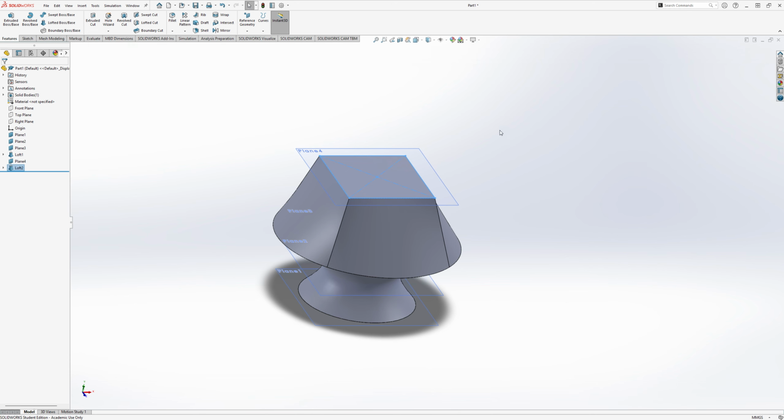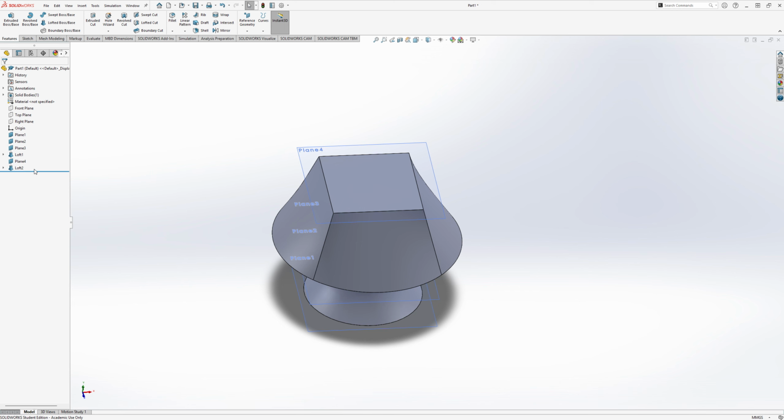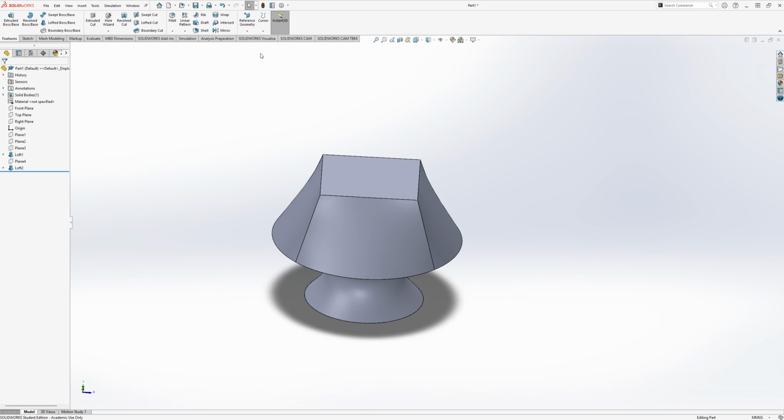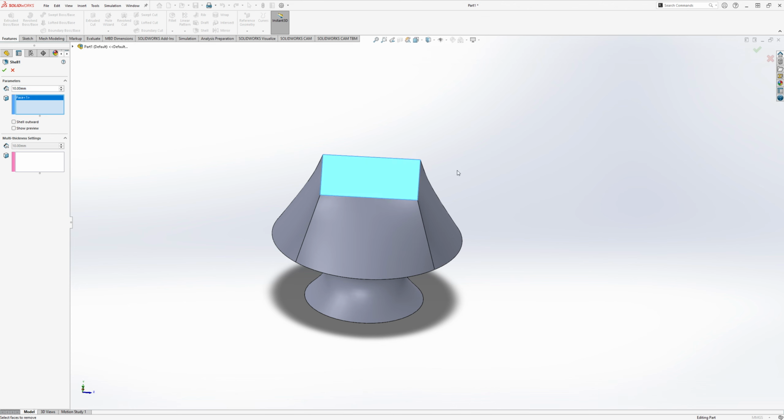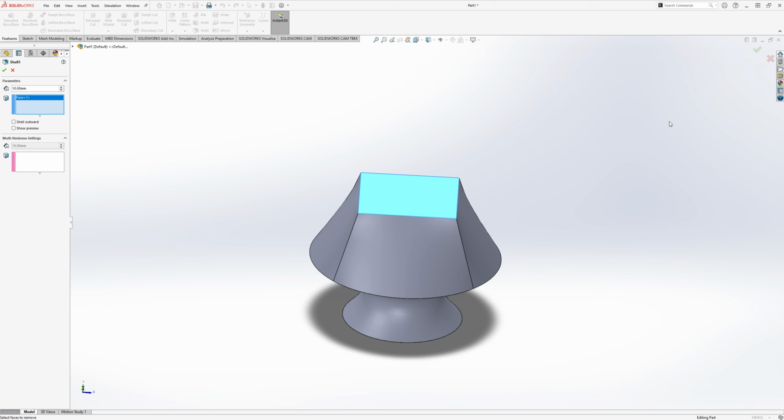So now we're going to hide these planes. We're going to go down to a menu here, select these, right click and press hide, as well as plane 4, just so it doesn't come in our way. And I want to hollow this out, so I'm going to go to the shell function here, click this,